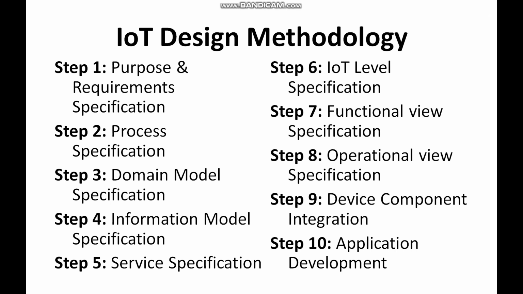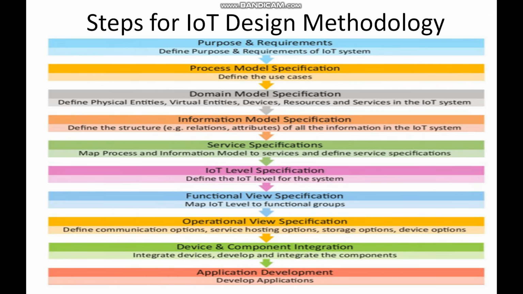And step number 10 will be your application development, which is your coding which you use to achieve the task in hand. So these are the steps which are given in sequence. They cannot be developed in parallel. So that's why these arrows are given. Whatever I've explained is given in a single slide to make you understand better. So you can spend a little time on this slide. Just pause it, and then you can have a look at it. Whatever we have seen is just given in an abstract manner.